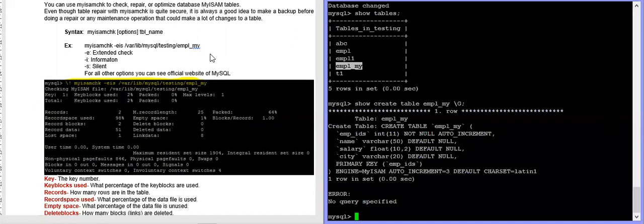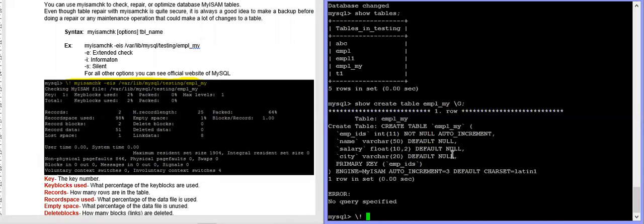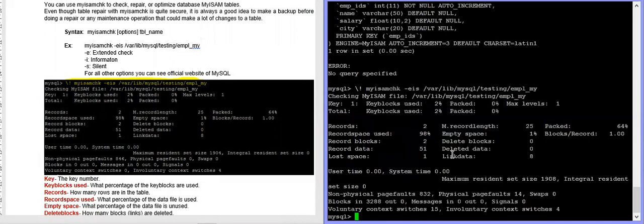Okay, now we can see this myisamchk utility, how you can repair it. If sometimes you feel that a table is crashed or corrupt, then you can repair it with this utility also. You can see the similar thing coming which we just discussed in our left window. So it is not corrupt or crashed. It is a very small table. But if you have any crashed or corrupt table in your database, you can repair it with myisamchk. It will show you all the options.